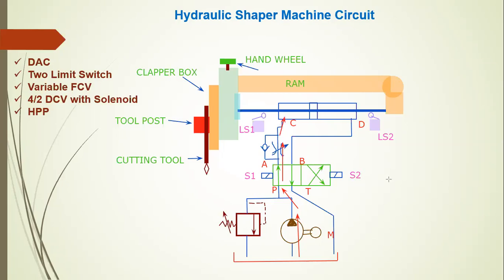At this time the hydraulic cylinder is in an extended condition and moves in the right hand side direction. The ram also moves in the right hand side direction. Both are connected at the end of the piston rod. This hydraulic ram is connected to both sides of the piston rod.